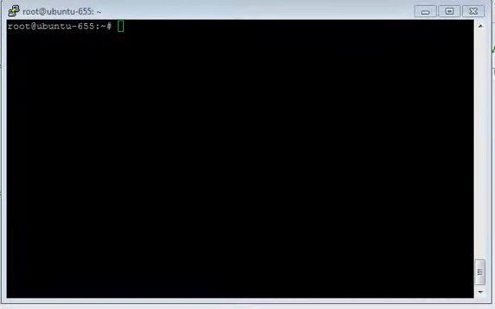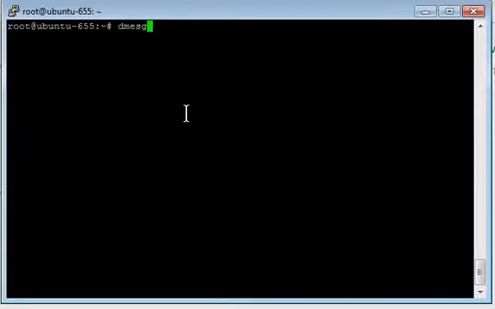Hello, this demo will show how to deal with hot plug disks under Linux. Suppose you have a Linux box and a new disk volume is hot plugged into this box. It can be a virtual machine or it can be a physical machine, it doesn't matter. But the key is we have a new disk attached to this